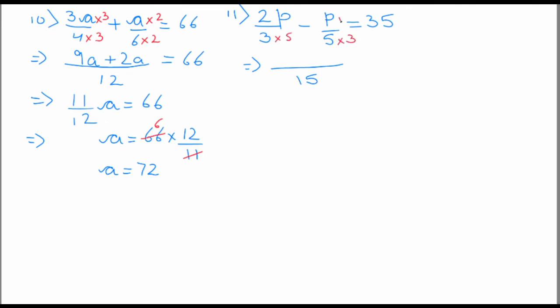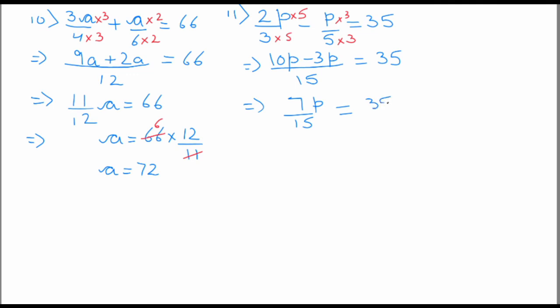Same thing to the numerator, and it will become 10p minus 3p equals 35. Now this will be 7p over 15 equals